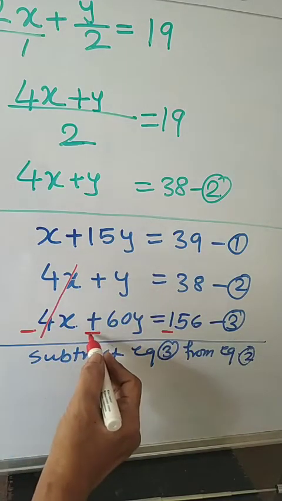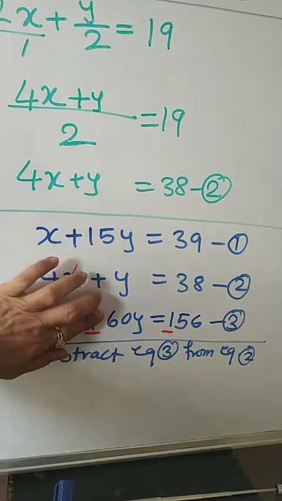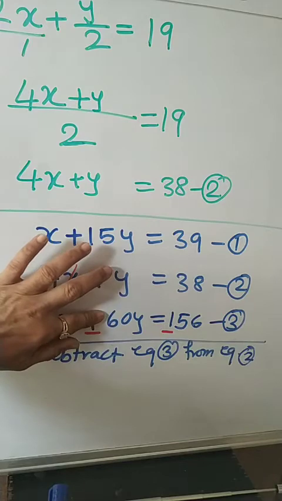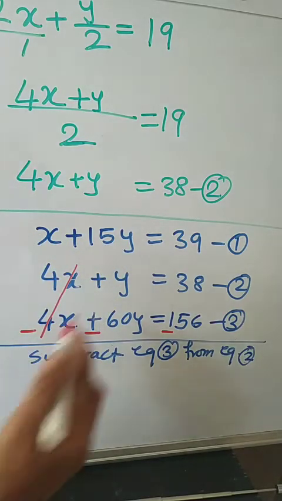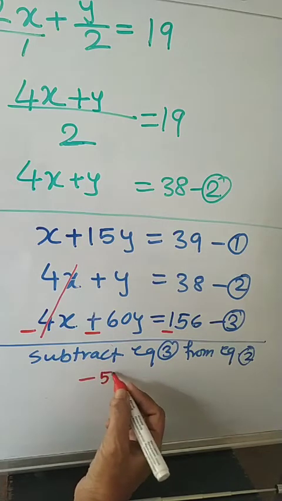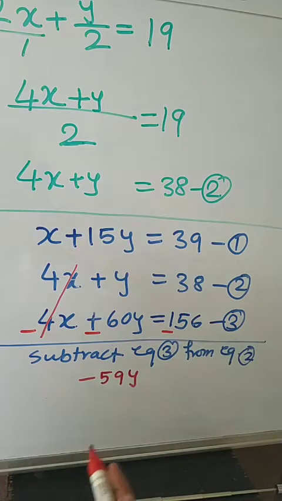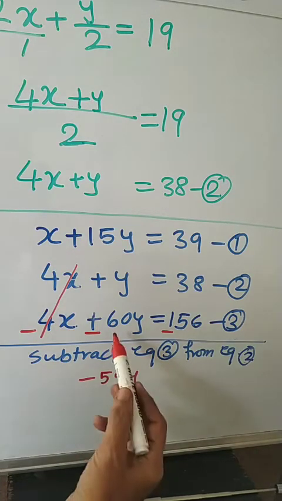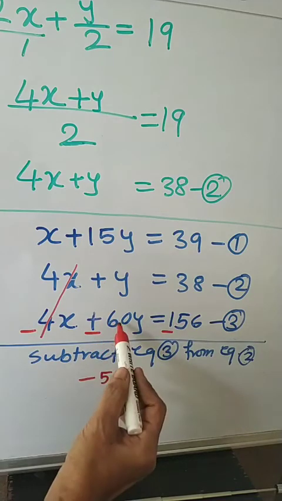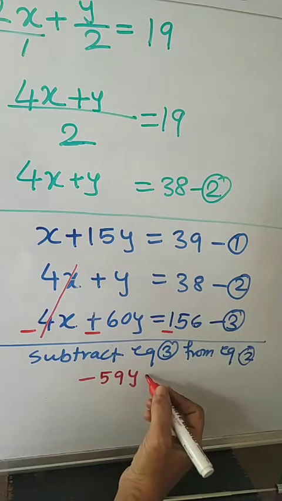Plus y and minus, now when you are doing the working, you have to ignore the sign which is already there, and you have to do it as plus y and minus 60y. So when you do plus y and minus 60y, you get minus 59y. We always perform operation subtraction when two different signs are there, and we put sign of the greater number. Greater number is 60, so I have put negative sign, is equal to.